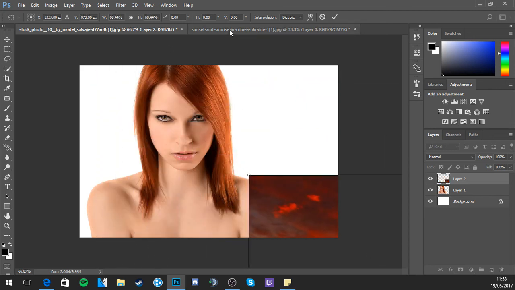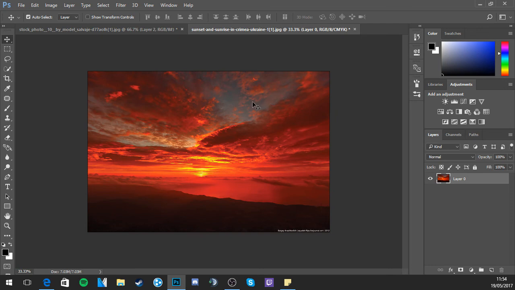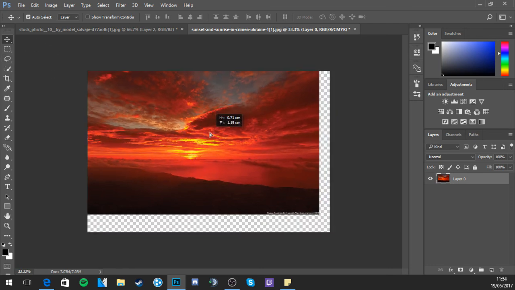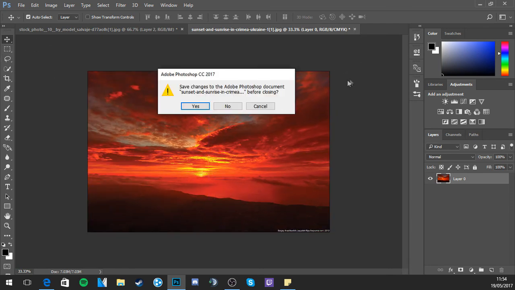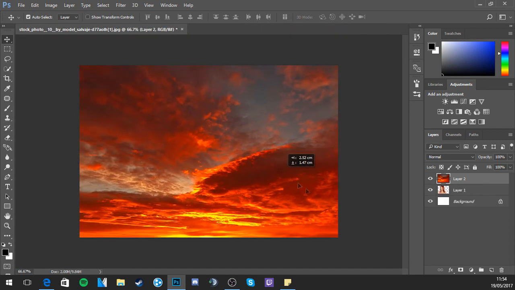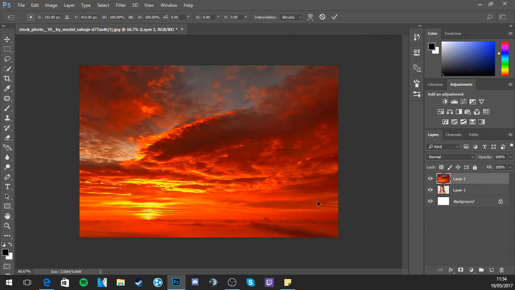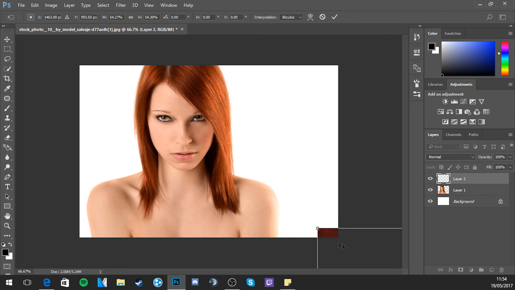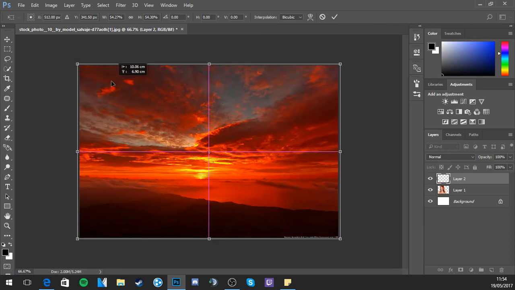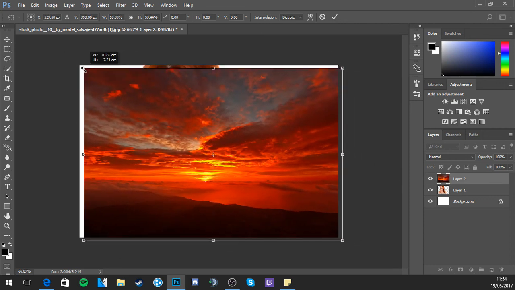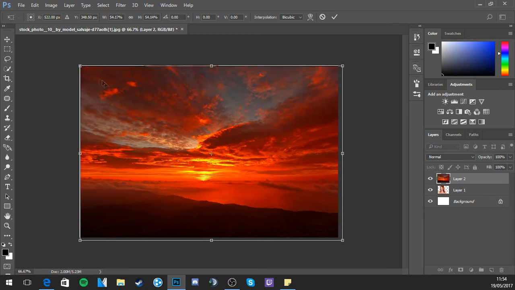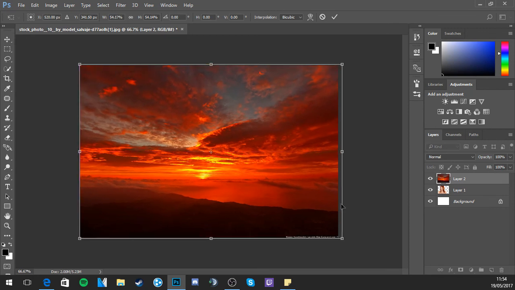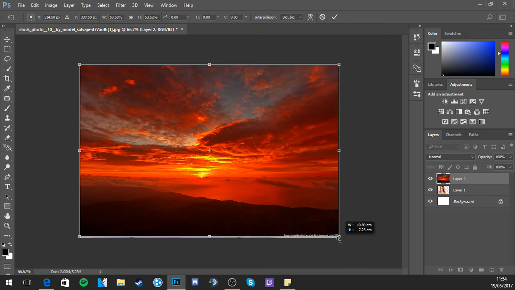So what I did in this one is I click this and I press Control T, which would allow me to transform it. We can shut that now. Don't need that. And now if you press Control T on this one, and we drag down to the corner, there we go. If you hold Shift and drag it to the middle, it will keep it as a perfect square. We're going to go ahead and make this one the same size, or close enough, as the box we're working with.